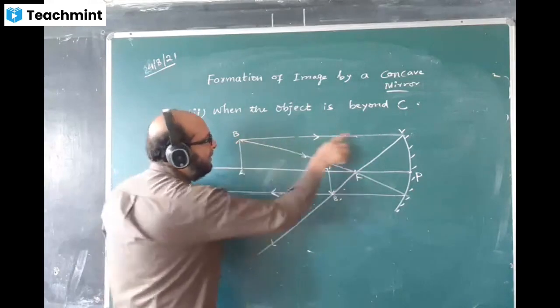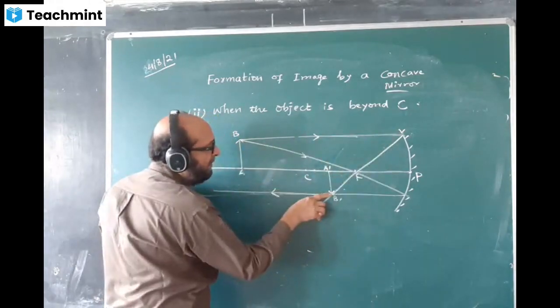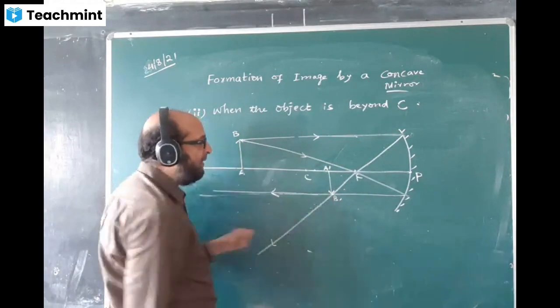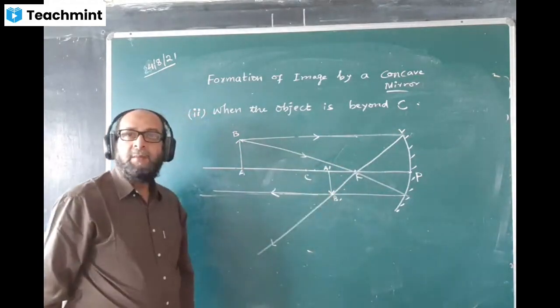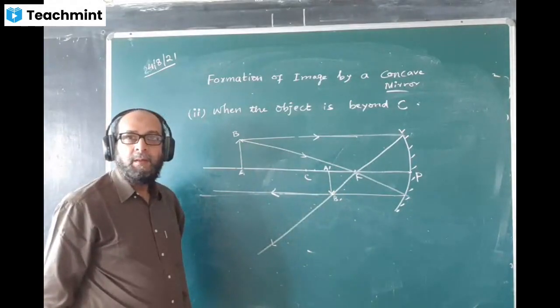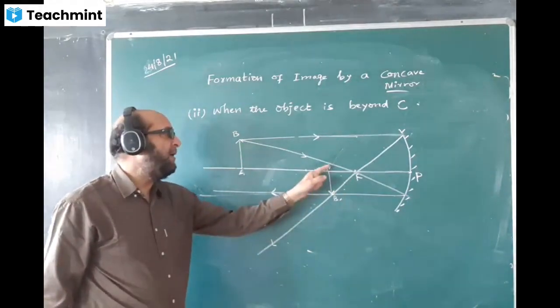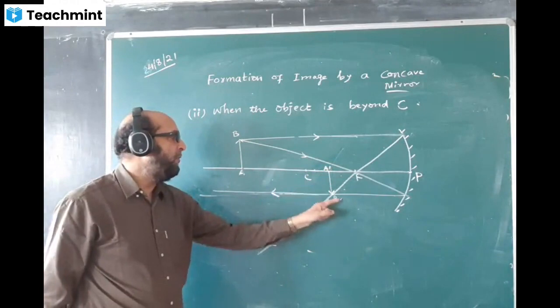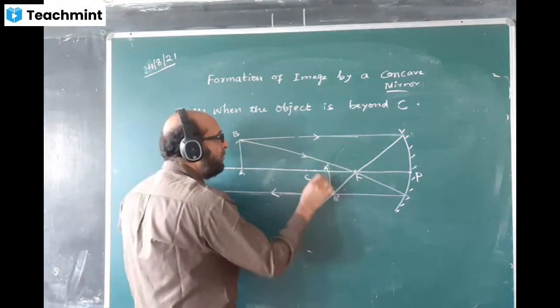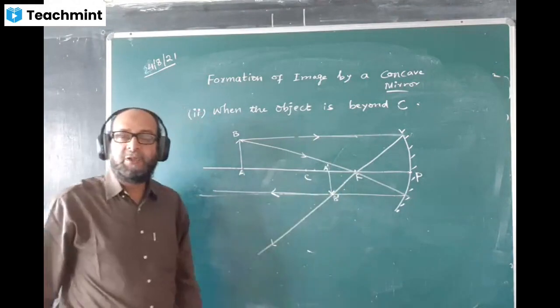From the point B, the ray is coming here. The point B will be seen here, and point A will be seen here. That's why the image will be upside down, inverted image. Image will be inverted with respect to the object. Name of the image I'll give as A dash, B dash. We call it prime also. A prime, B prime. This is the image.